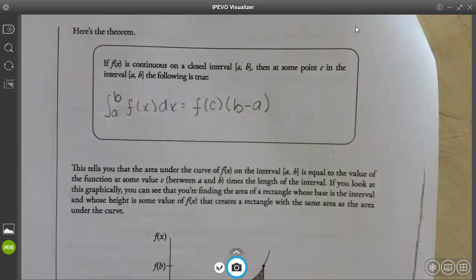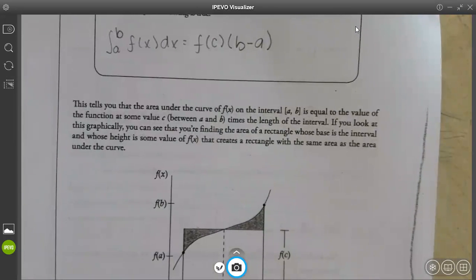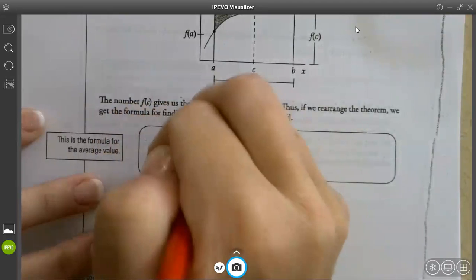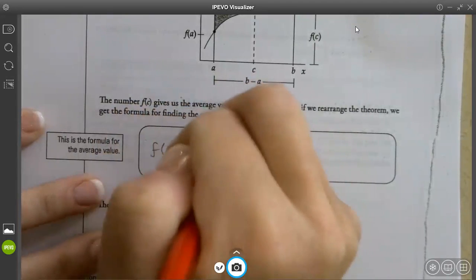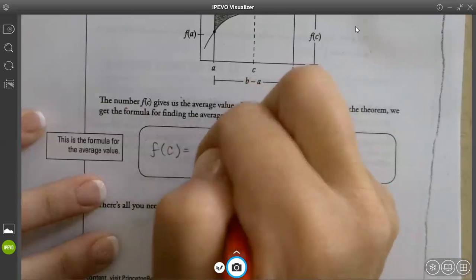And then down at the bottom, there's another box. It's just talking about the areas and stuff like that. We're going to pop down to the bottom box. That's the only thing we got to write on this page and actually show you the formula that we learned. So we rearranged this formula so that it was f of c equals 1 over b minus a, the integration from a to b